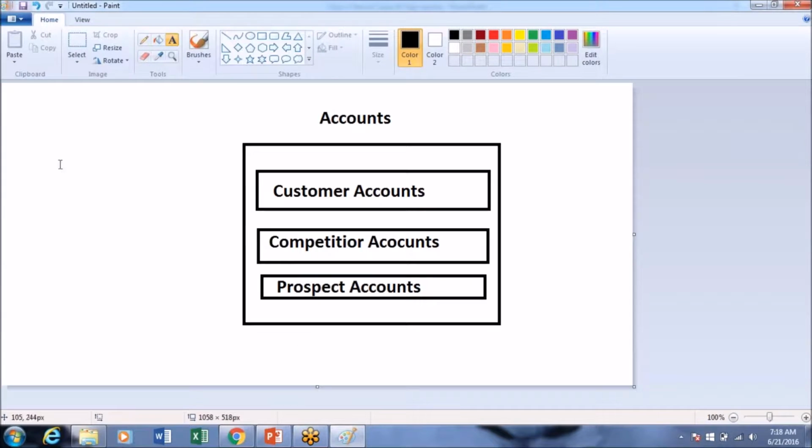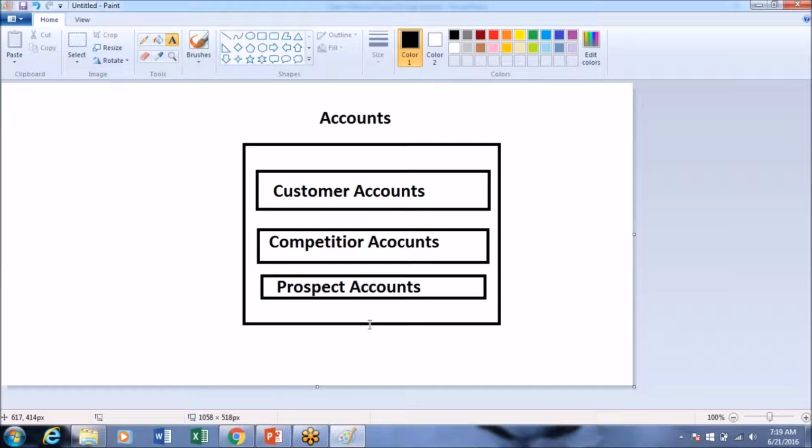These are all accounts only, but they are divided into different types in an organized way. We can have customer accounts, competitor accounts, prospect accounts, government accounts, non-profit accounts. So the information in one object is divided into different slices using record types.